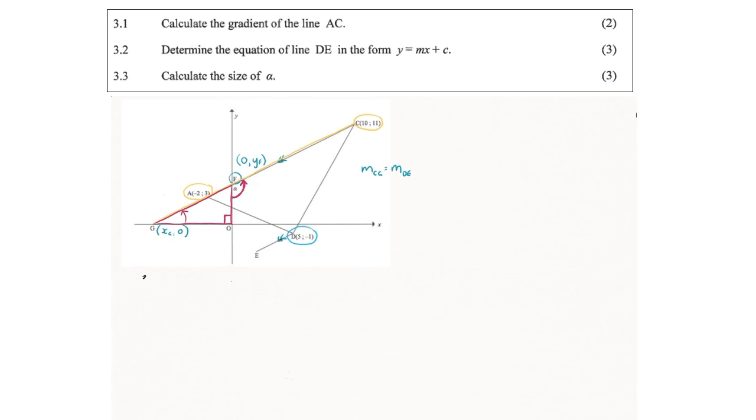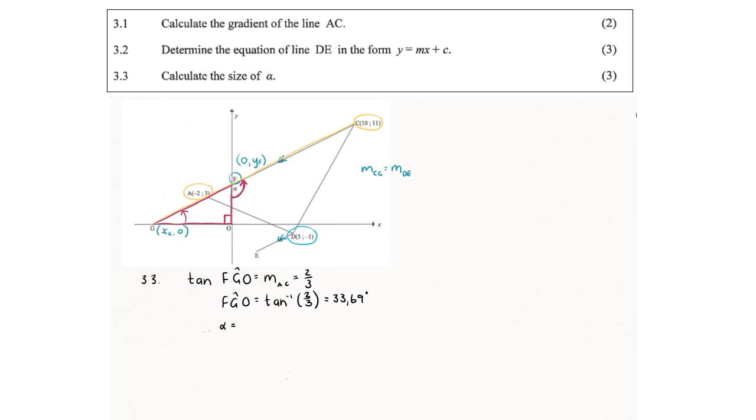So let's determine the size of angle FGO. As we said, it's an inclination angle, so we can say that the tan of angle FGO is equal to the gradient of line AC, which is equal to the gradient of CG, and that was 2/3. And then angle FGO will be equal to tan inverse of 2/3, and that equals 33.69.